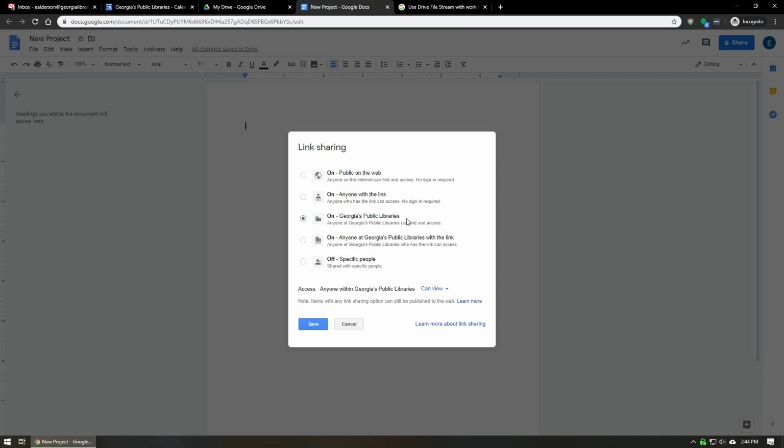This lets anyone in Georgia libraries find and access it, meaning they can search for the document. They don't actually need the link. And then this is the same thing as these two, just for the public. So anyone with the link can access, no sign-in required, so they will not need a G Suite account to see this. I can actually even allow them to edit it without a G Suite account whatsoever. But only people with a link will be able to do that. And then if I want to go really crazy, I can say public on the web altogether can edit, and then it's just crazy. So we're going to say anyone with the link can view this